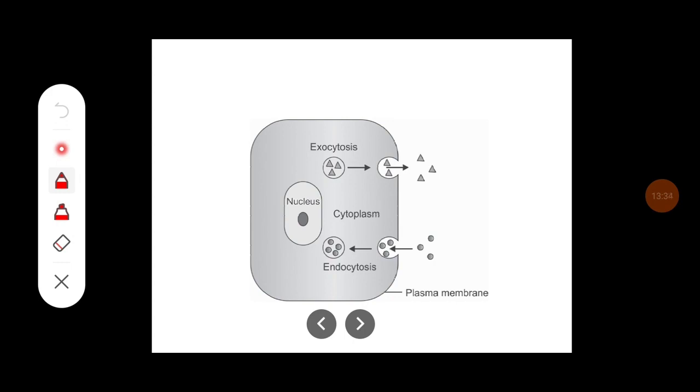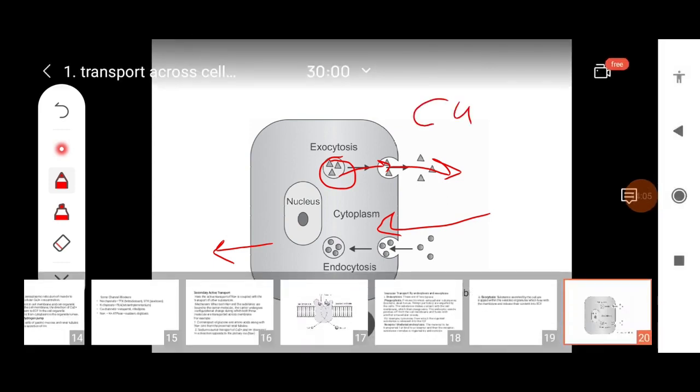Some of the substances which are secreted by the cell itself are trapped into the vesicle. Then these vesicles fuse with the plasma membrane and there will be exocytosis. And if endocytosis occurs on one side and exocytosis occurs on the other side of the cell membrane, then there can be an actual transfer of molecules from one side to another side of the cell, which is